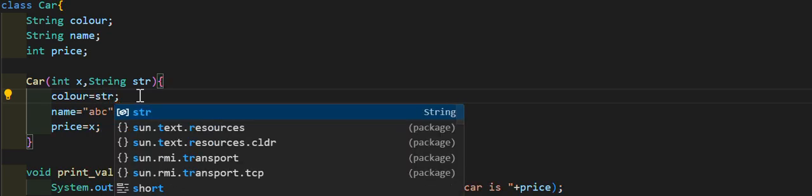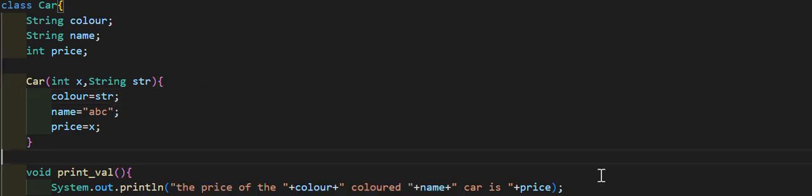I can do this. So this is for the case of a parameterized constructor. Now you have got the idea what is a default constructor. A default constructor is a thing with no parameters within the parenthesis, and a parameterized constructor is a constructor with parameters within this parenthesis.